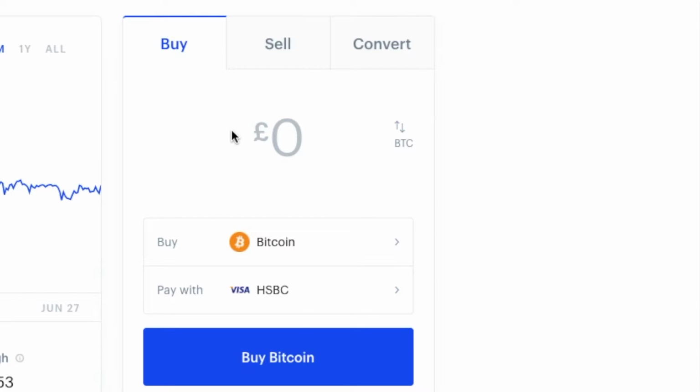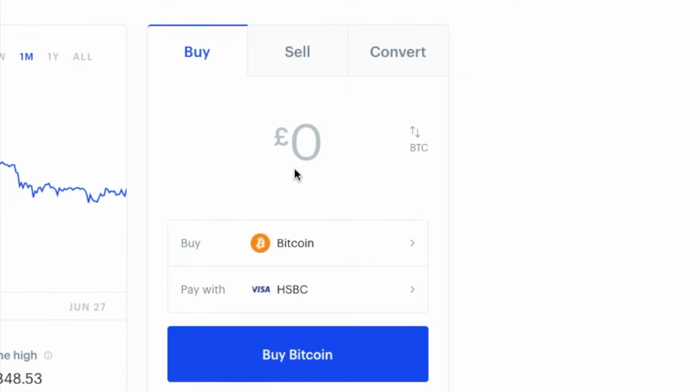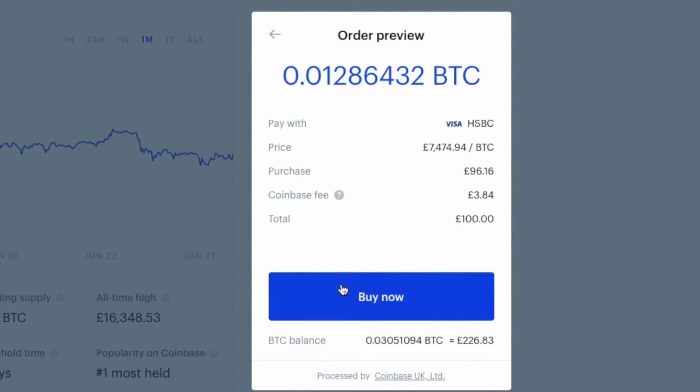Okay, now if I wanted to buy Bitcoin, I don't have to be able to afford the whole 7,400 here. I can buy a fraction of that. So you can say I want £100 worth of Bitcoin, and you can see that because it would tell you if you want to buy £100 worth. You can click on preview buy, and I will be buying 0.01 of Bitcoin. Okay, so it tells you how much of a fraction you buy, right?